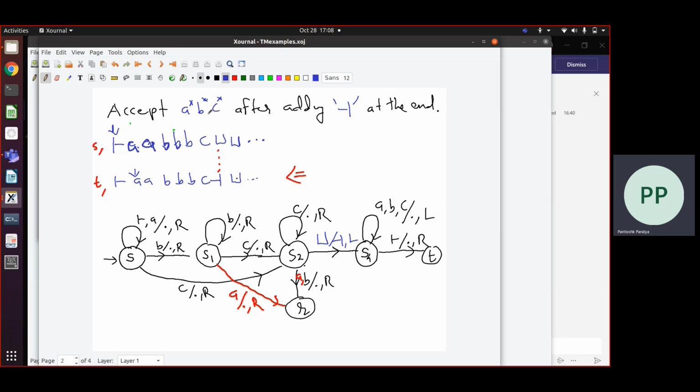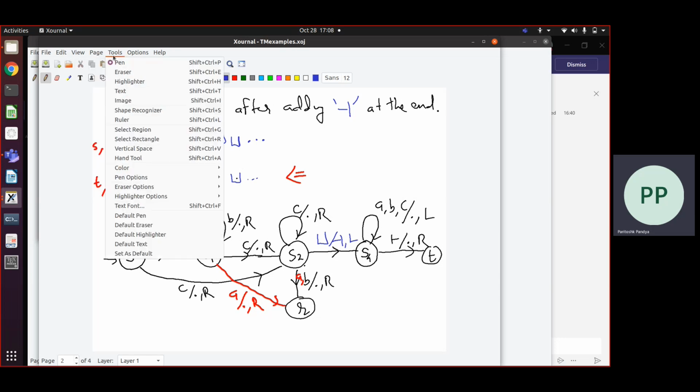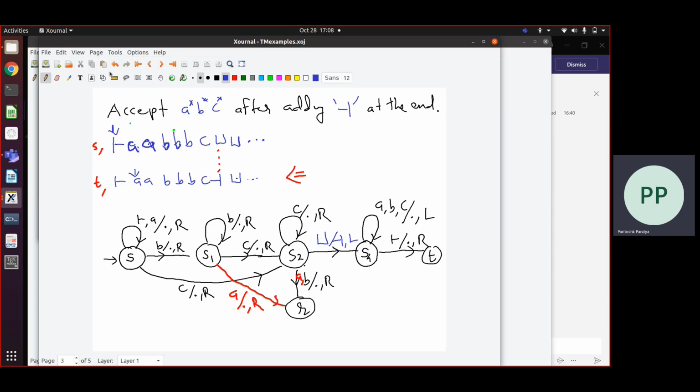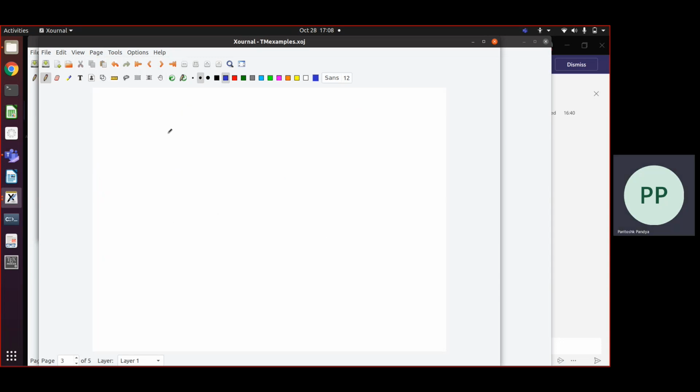Now, I have drawn a Turing machine, but before I do that, let me illustrate something. If I have a move which says on left turnstile from state S, I rewrite back left turnstile, so I don't change the symbol, and I move one step to the right. It would be more convenient to write it like this: I don't change the symbol, I denote that by putting a dot there, and I move right. So dot is an abbreviation for saying the symbol at the current cell is not changed, right?